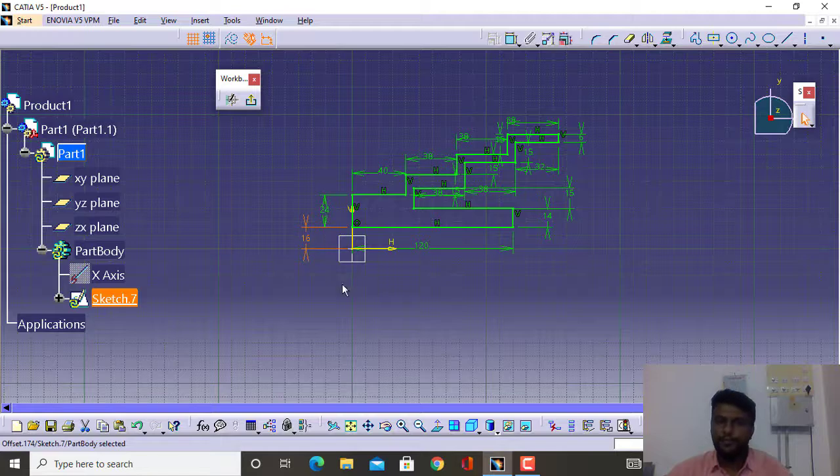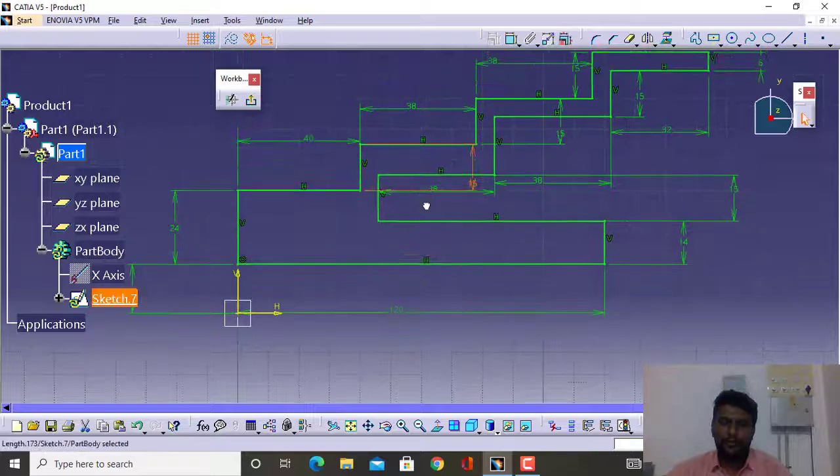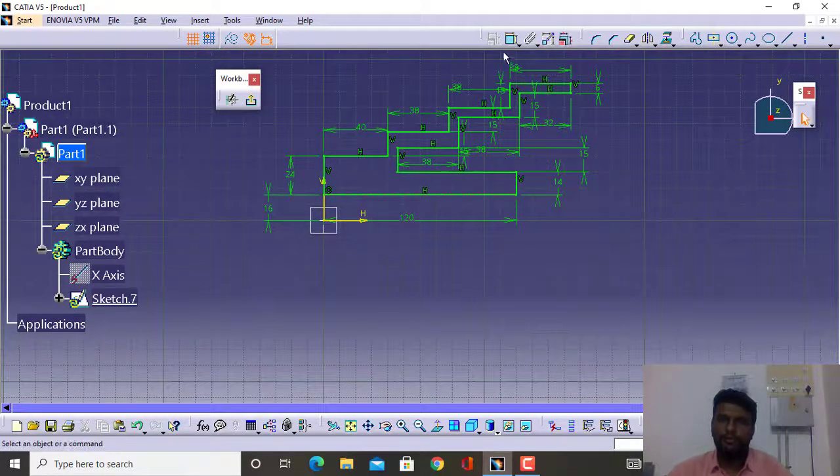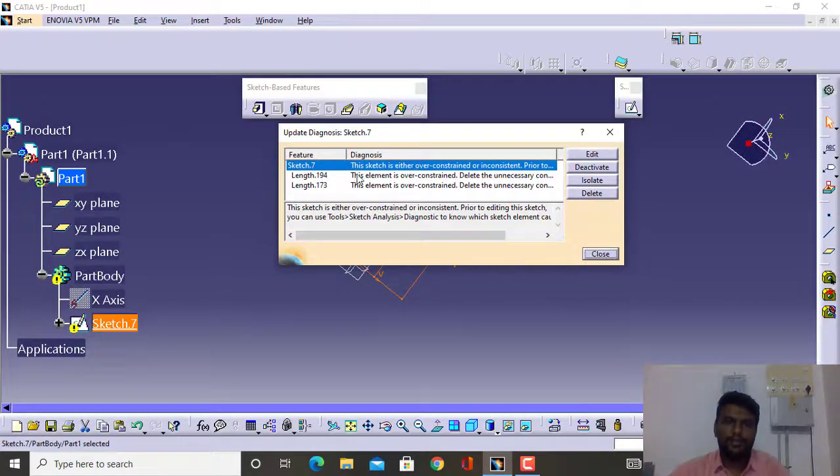And the second thing is to avoid over constraining. Sometimes what happens is, by mistake or something, we don't know which dimension is already given. Sometimes because of the geometrical constraint and the dimensional constraint, we are defining both things. So sometimes the dimensional constraint will take care of the geometrical constraint, or sometimes the geometrical constraint will take care of the dimensional constraint. So suppose I define this dimension, so this will change into the purple color, and it is over constraint. So if I want to extrude this one, there is some error. See here, the sketch is over constraint.